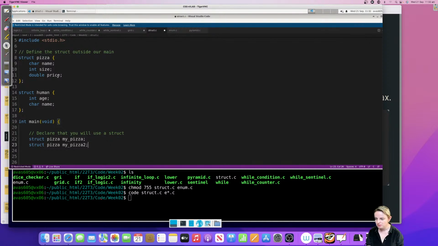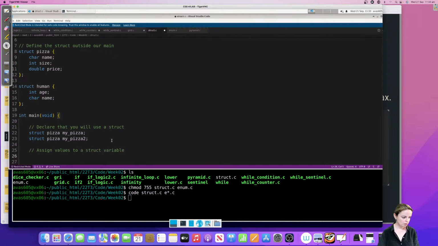Basically, structs are blocks that we've defined before the main code, and we can use whichever block we want for our code by telling struct name and variable name. Yeah, so you're saying that's right. You're declaring what you want to use, and then what I'm using it as. And then to assign values to it, what I do is I use my variable name. So my variable name is my pizza.